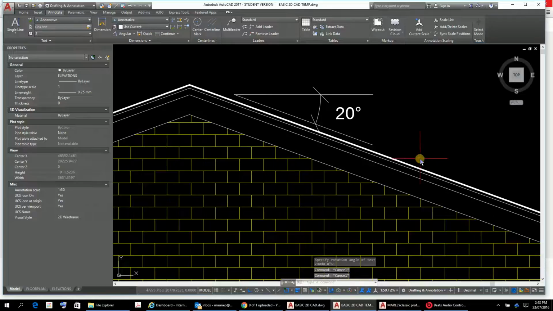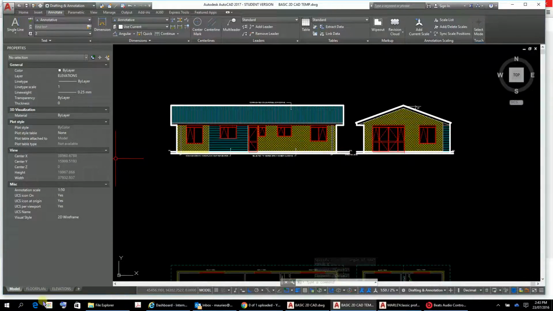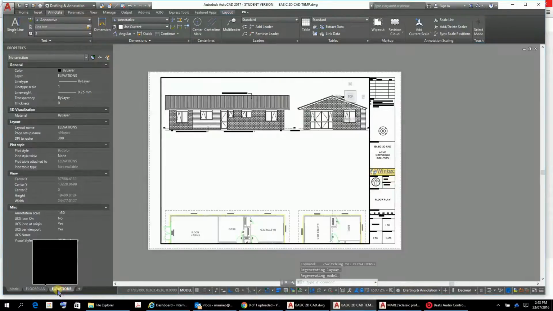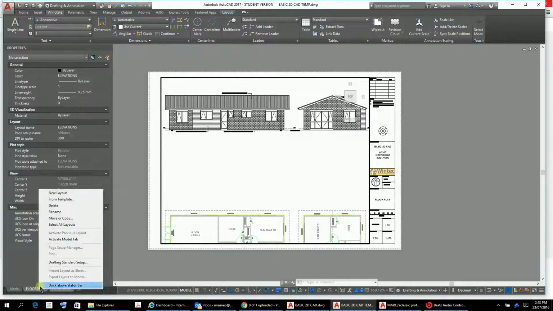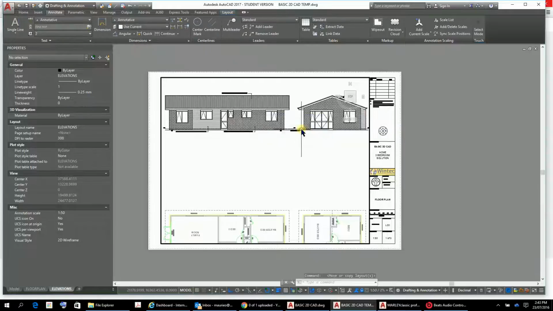But anyway, so here we are, we've got our elevations and we want to get them into a layout. Now I've already started a layout here. It's quite simple to do. I'll just go through the motions with you and then you can see. So you click on there, move or copy, move to the end, create a copy. If you don't click create a copy, you'll just move that one around. Just go OK, and you'll see that